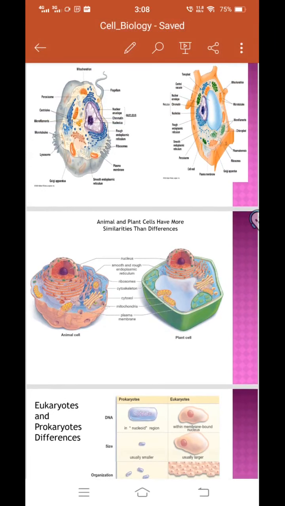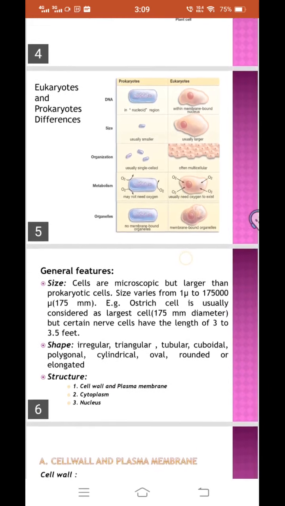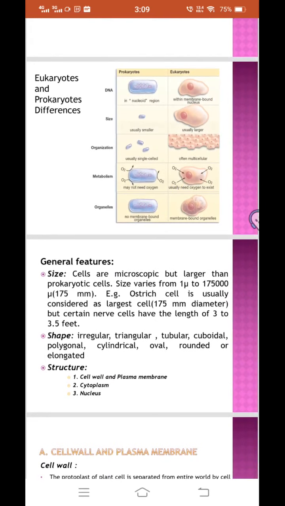Now, the plant cell and animal cell are slightly different from each other. Okay, like our plant cell has a cell wall as well as plasma membrane, but animal cell does not have the cell wall. It has the outer covering that is known as the plasma membrane. Okay, so now we can differentiate between the eukaryotic cells and the prokaryotic cells. There are certain parameters on the basis of which the eukaryotic cells and the prokaryotic cells can be easily differentiated.